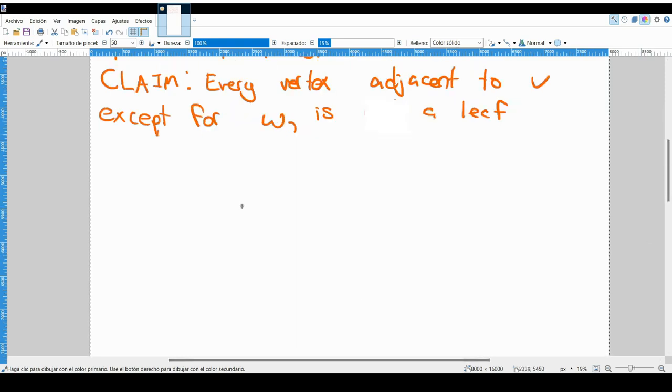To do this, we will go for a contradiction here. We will assume, this is by way of contradiction, a common abbreviation, that